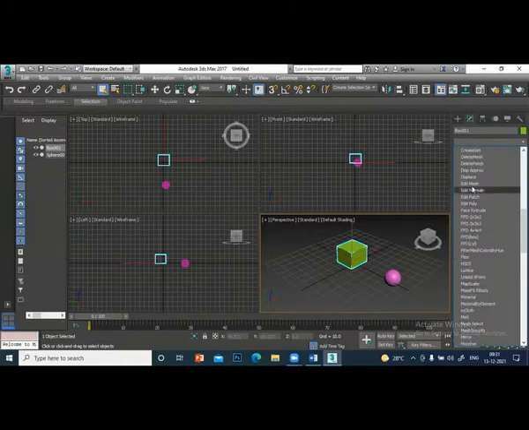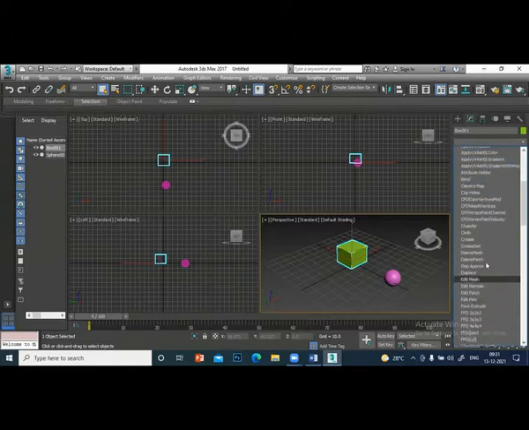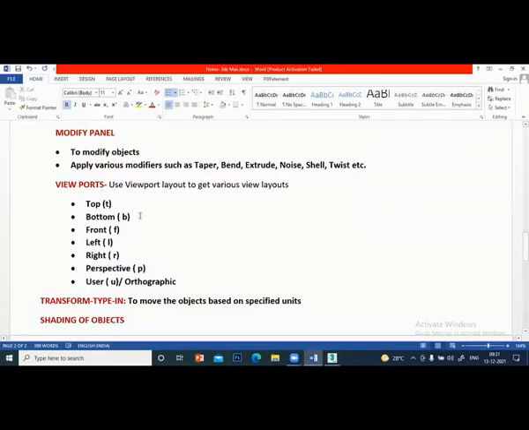So many modifiers are available here. We'll learn one by one later. Okay, so modify panel, that means you will be using to modify an object, to change the measurement, dimension, anything. And also you will use the modify panel to apply some modifier like taper, bend, extrude, noise, shell, twist, etc.